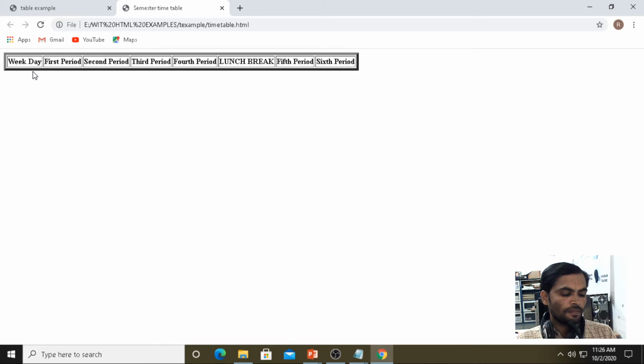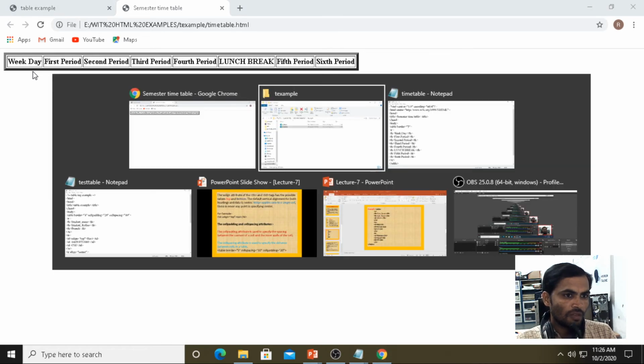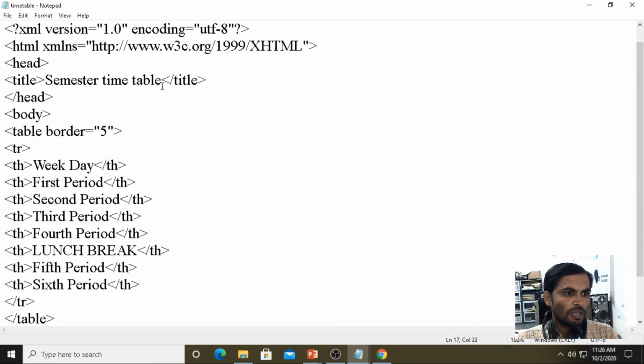Now see here, for your understanding purpose, if you are taking cell padding under the table, observe properly here, the cell padding I am giving as 20.